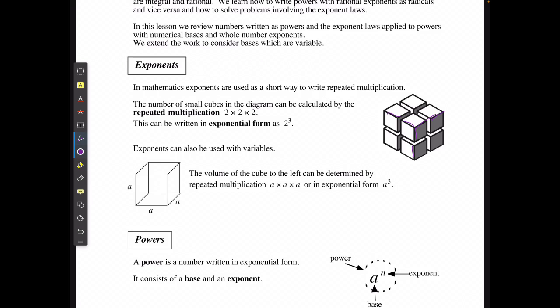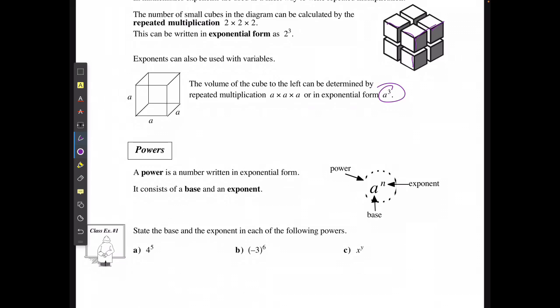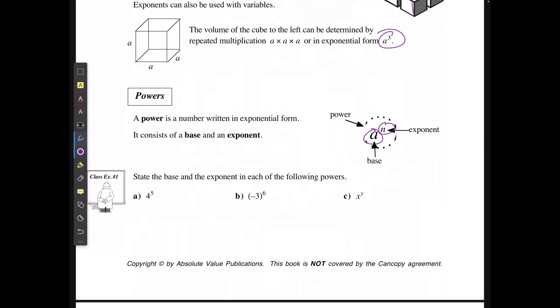If I said that I had a side length of a, and a, and a, then that's just a to the power of 3. A power is just any number that's written in exponent form. It consists of a base, the number that you're multiplying, and the exponent, the number of times that base gets multiplied by itself. If I'm stating the base and the exponent for each of these, then I'm going to say that the base is 4 and the exponent